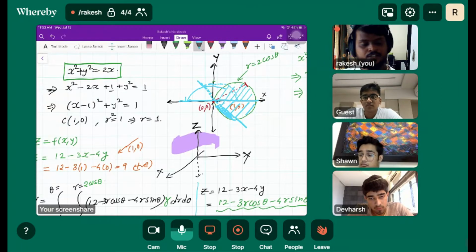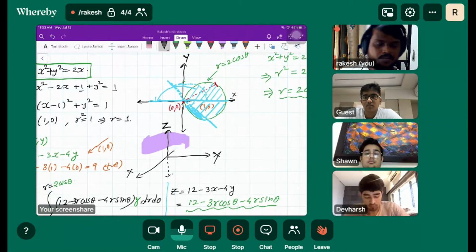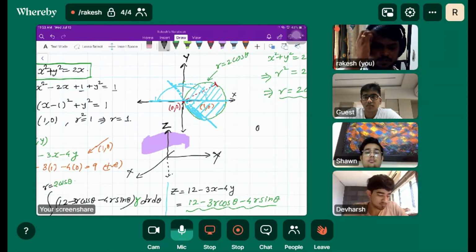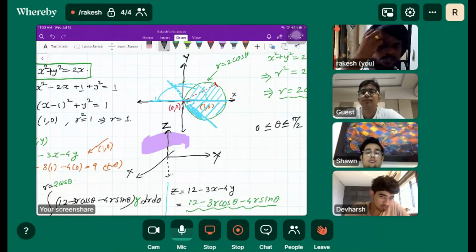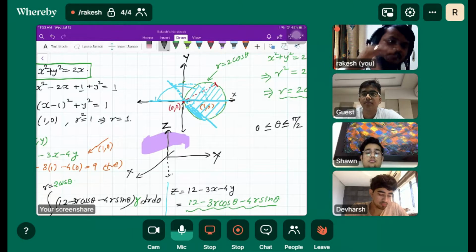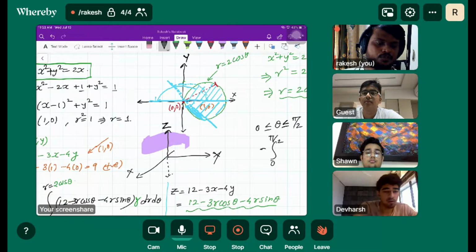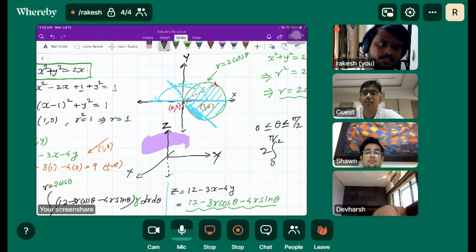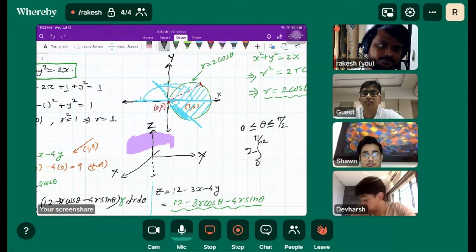So basically, you can do another thing also. You can understand this concept like this: if your theta is moving from 0 degrees to pi by 2, this covers the half circle. This covers exactly half of the region, right? So you can directly do twice of this. That will give you the complete region. Are you getting that?